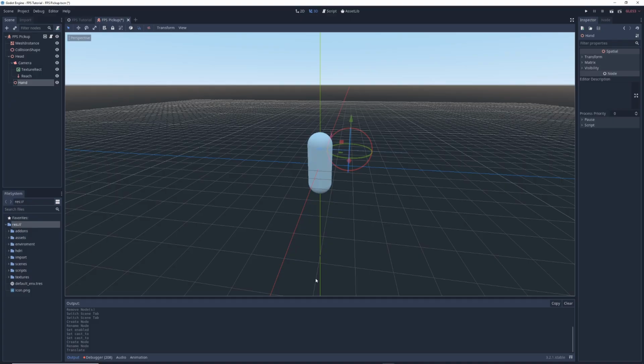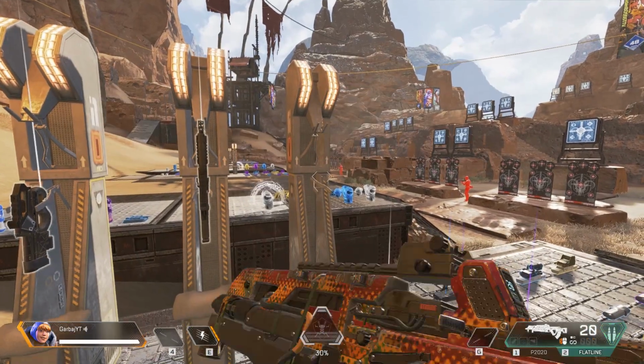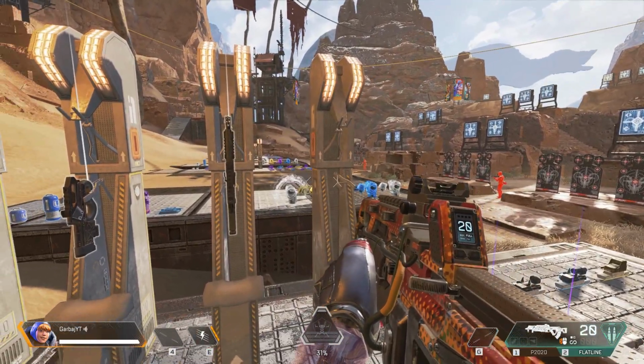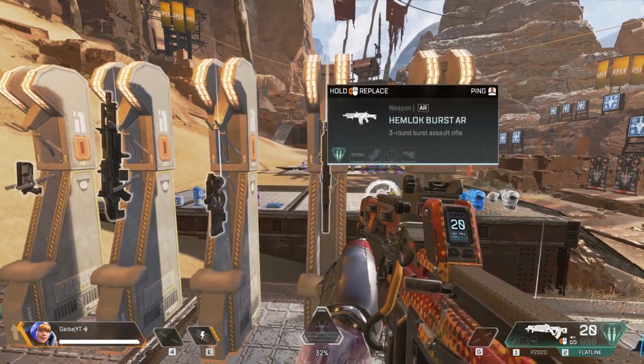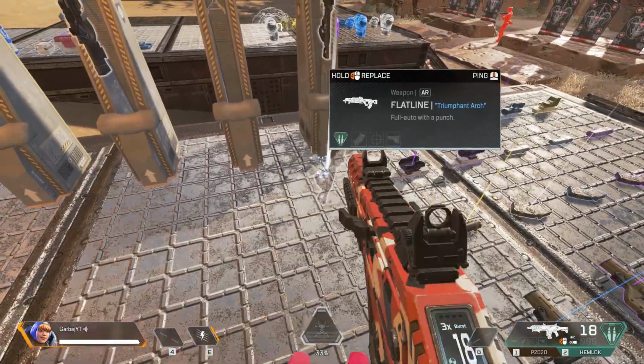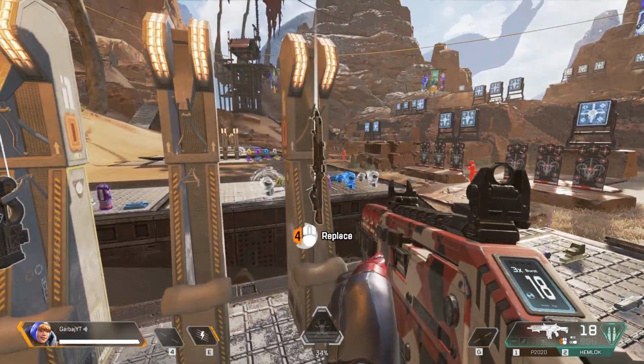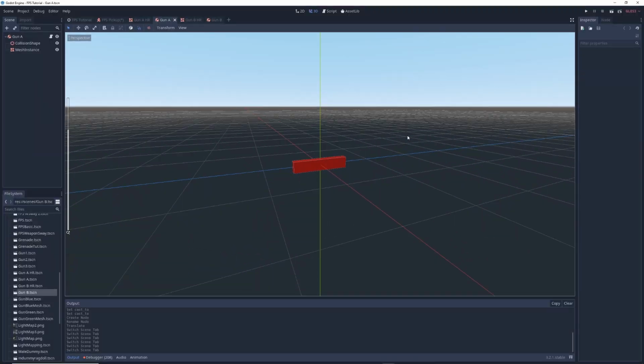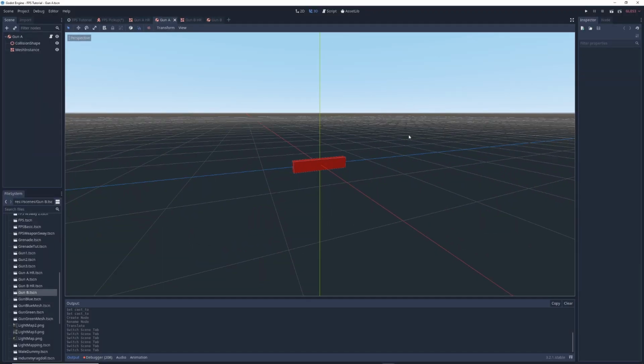Next, we need to create some guns. In a lot of FPS games, each gun has two separate models, a low-resolution version for the gun laying around in the game world, and a high-resolution model for the gun you hold in your hands. We're going to do this as well. Create a roughly gun-shaped object using a rigid body node, I assume you already know how to do this, and